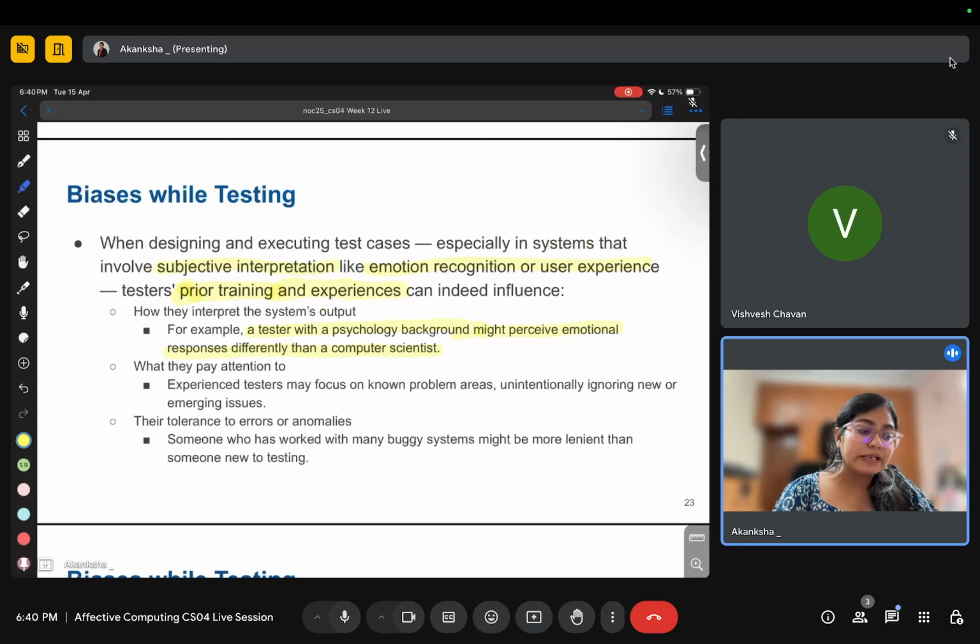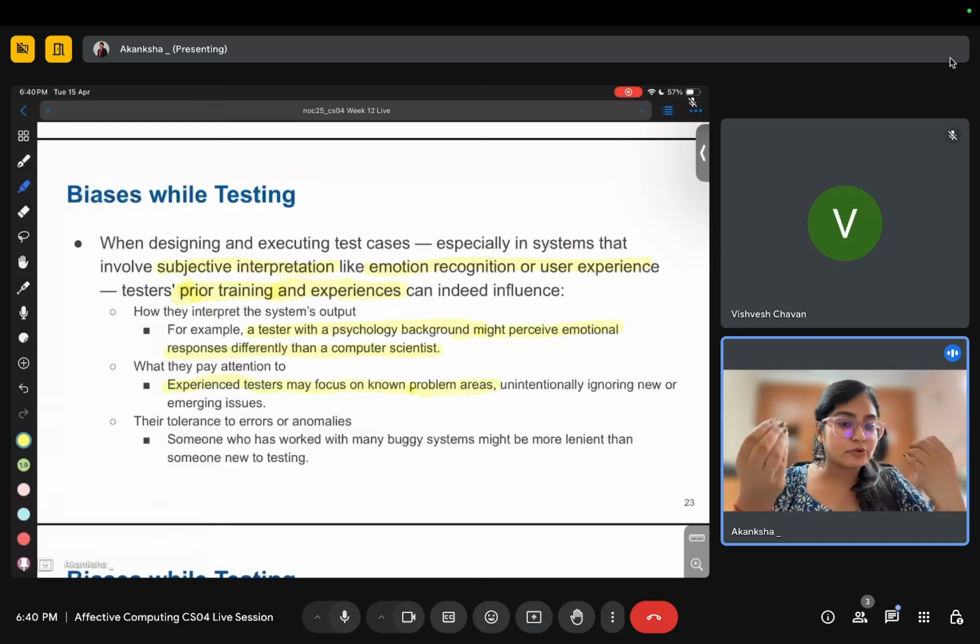Then there is what they pay attention to: experienced testers may focus on known problem areas. So some person who has been in the testing domain for very long observes that frequently this is the area where systems usually lack, so the tendency of checking that region only will be very high.